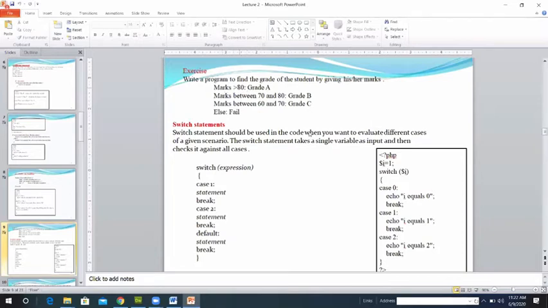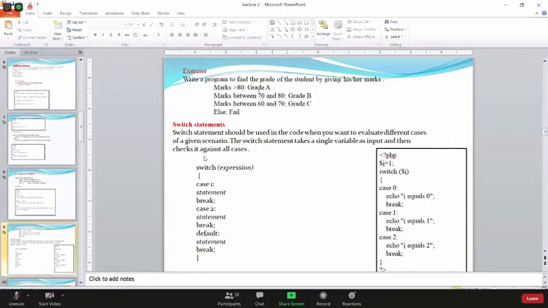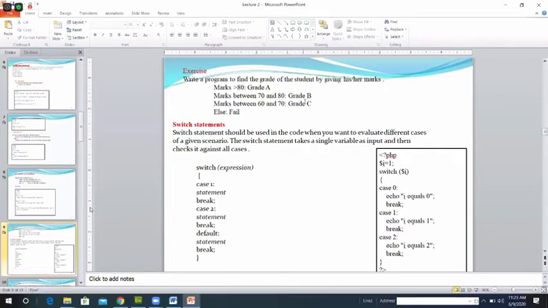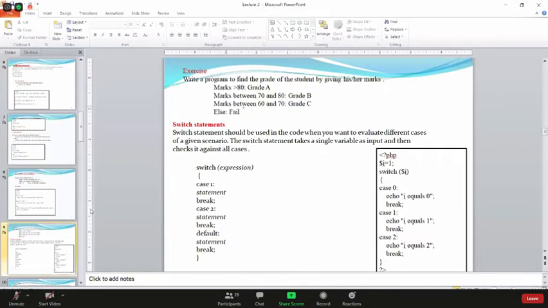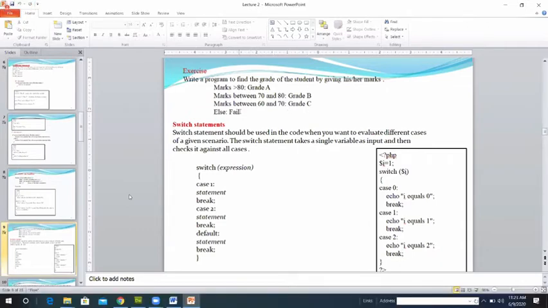If marks are greater than 80, display grade A. Marks between 70 to 80, grade B. Marks between 60 to 70, grade C, otherwise fail. There are 4 conditions, so you can write the same nested if else statement to write this PHP code. As homework you can do that one.